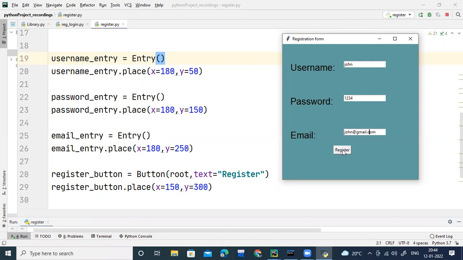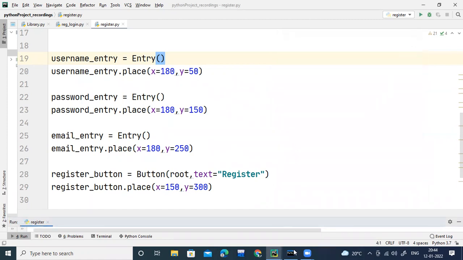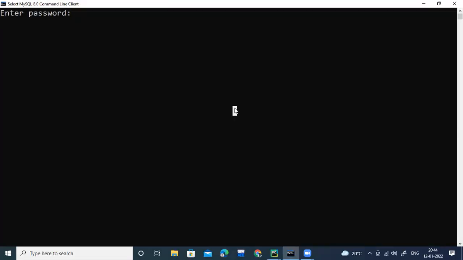If you want to add some functionality to it, you should be creating a Python function. But before creating the Python function, like I said, I'll be connecting my registration form with the MySQL database, so that whatever data I'm entering here should be inserted into the database table at one click. So right now the front end part is ready. Let's create the database part. I'll be opening my MySQL software. We'll keep that registration form aside now.